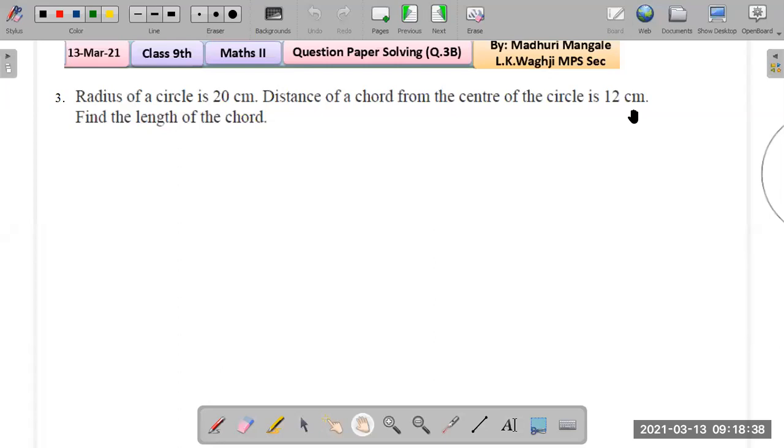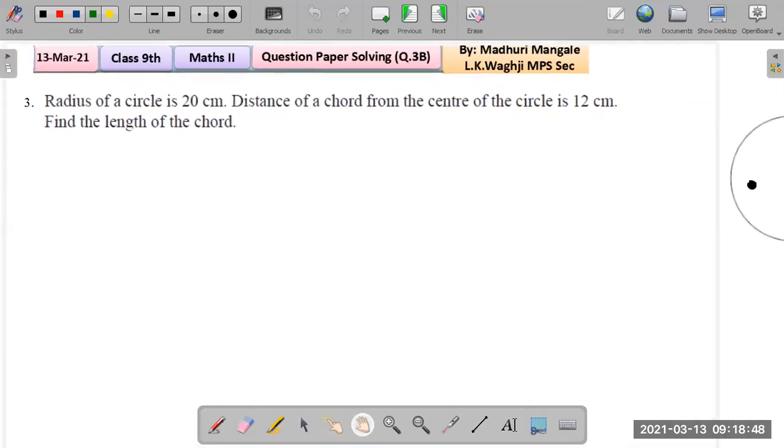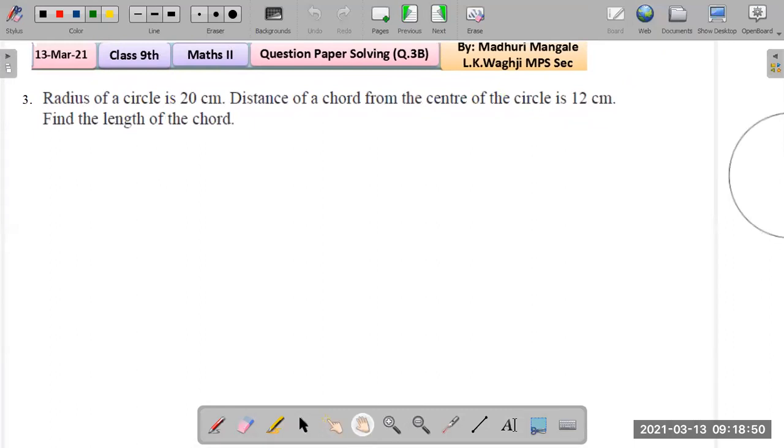Okay. How do we begin on this one? You start always with a diagram. Correct. So how will the diagram look? You start with drawing a circle. Let me get that circle. So yes, we start with drawing a circle, and the next thing, the radius here is 20 centimeters.